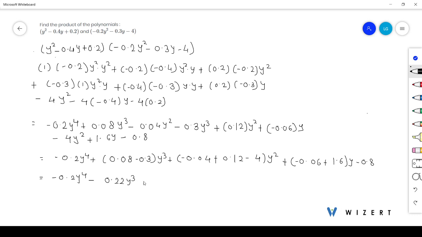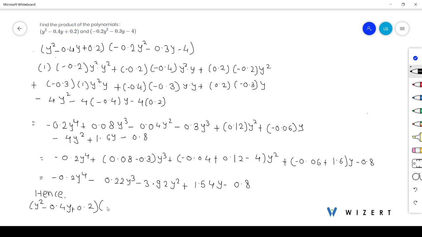So it is minus 0.2 y to the power 4 minus 0.22 y cube minus 3.92 y square plus 1.54 y minus 0.8. Hence product of the polynomials y square minus 0.4y plus